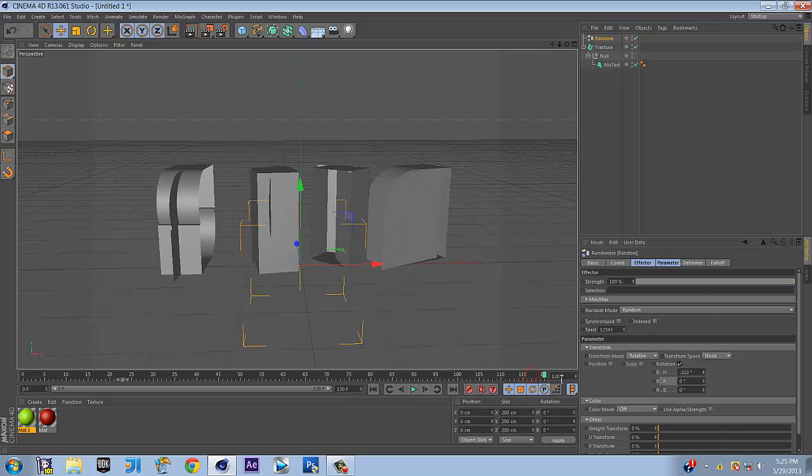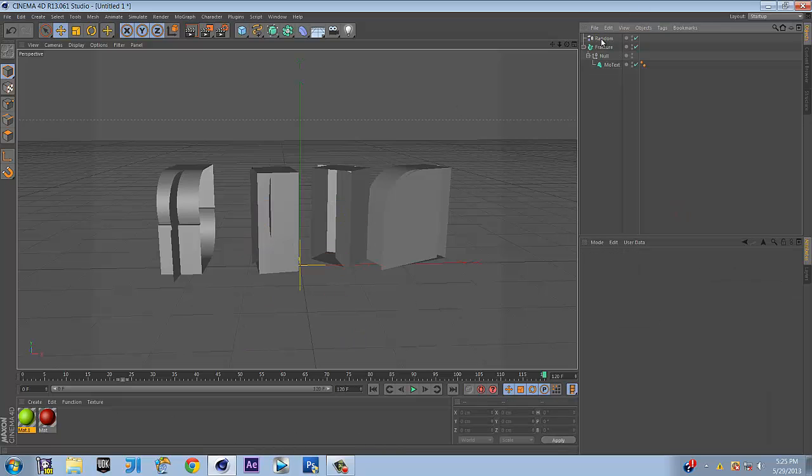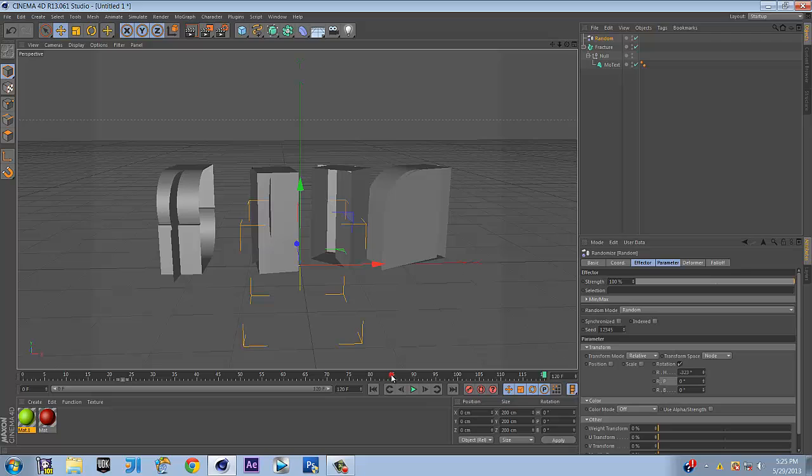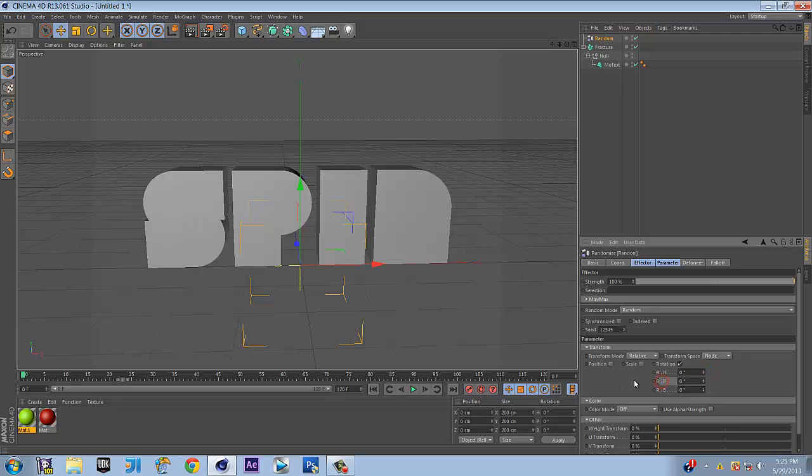So if you guys haven't already, change this to 120 frame set. This will give us 4 seconds on our little timeline. And go back to random. And at 0, we're going to set this little animation up as 0 keyframes on R.H, and today we're going to be using R.P and R.H